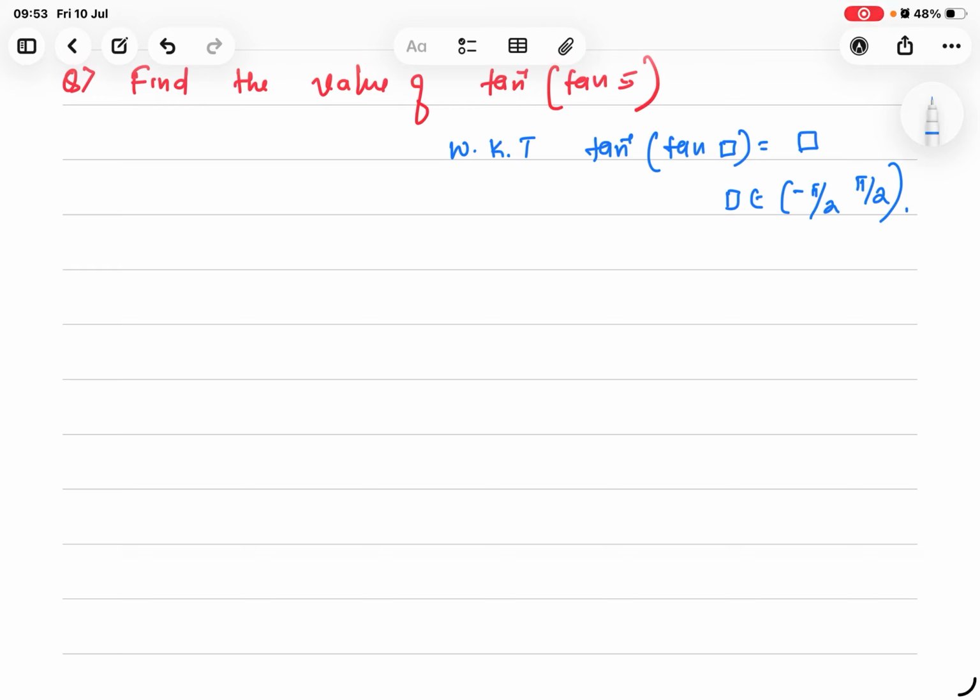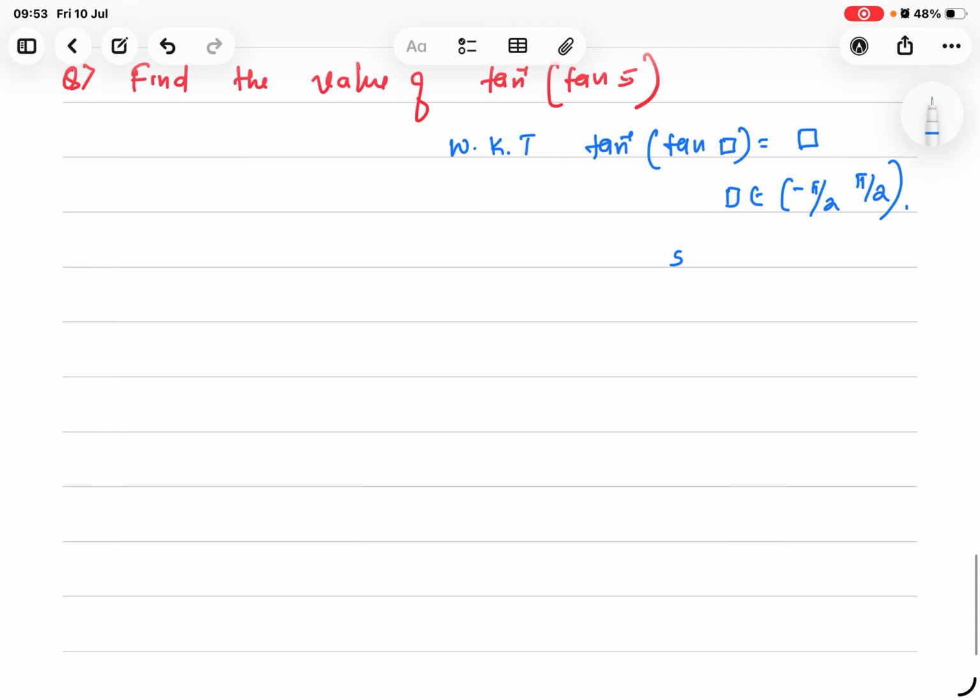Hi dear students, in this class we are going to find the value of tan inverse of tan 5 radian. Already we have solved that in the last class, tan inverse of tan 1 to 4. So now 5 radian is nearly equal to 285 degree and it is less than 360 degree. Then you can denote it as 5 radian = 2 pi minus theta. If you denote it as 2 pi minus theta for 5 radian, then the tan inverse of tan